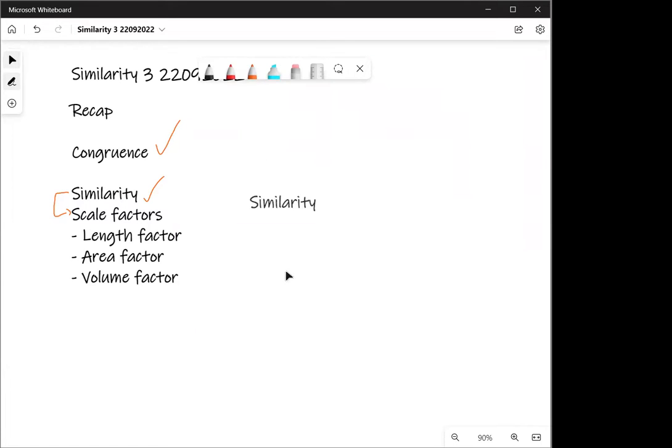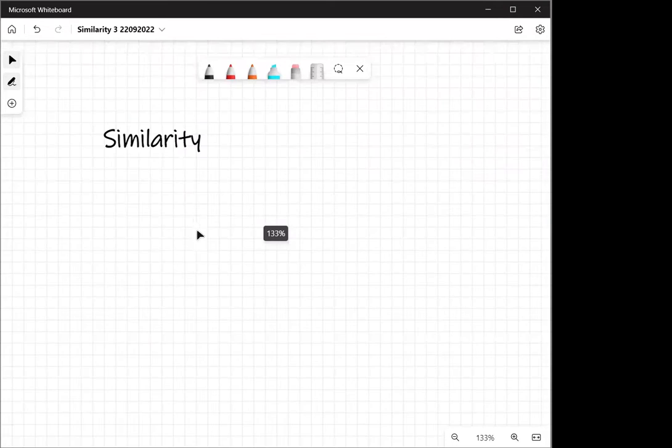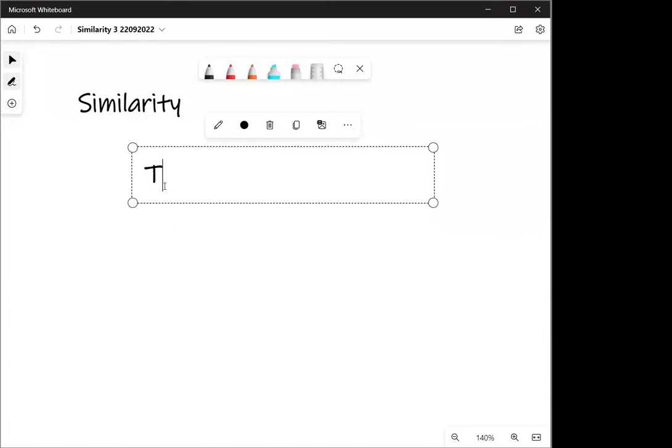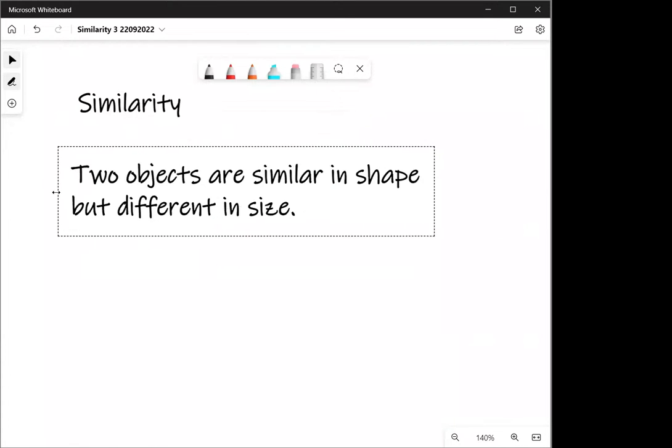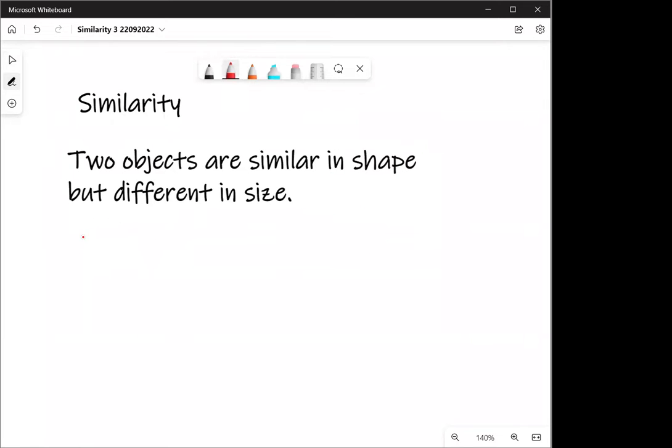Now, what does this even mean? Now, Similarity means that two shapes, or let's say two objects, are similar in shape but different in size. Is that clear? Two objects are similar in shape but different in size. Example of this would be,